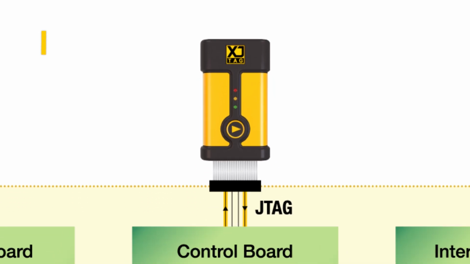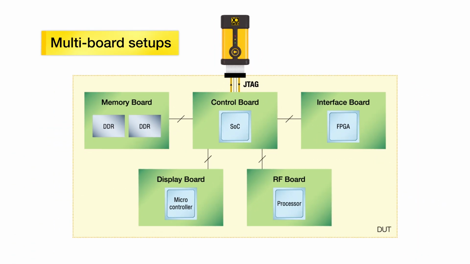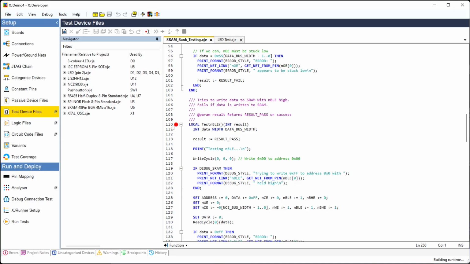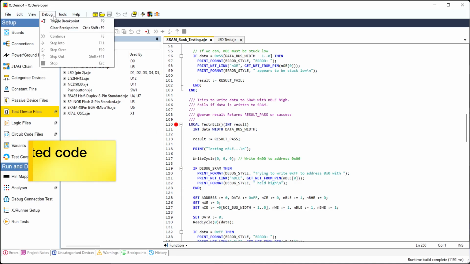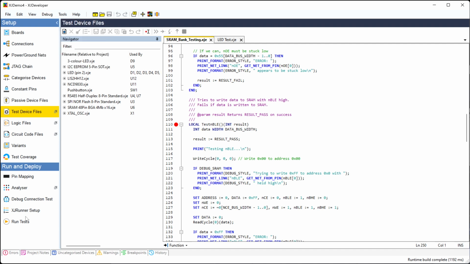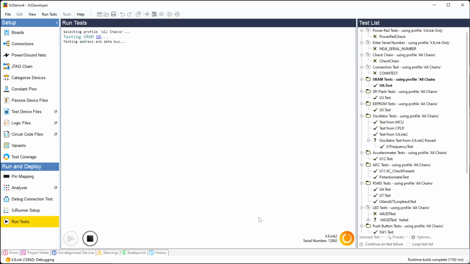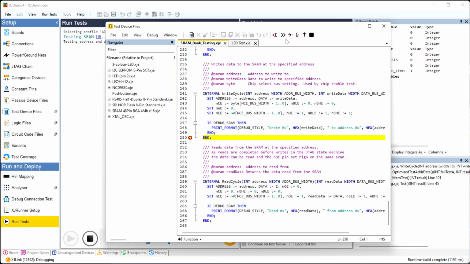But what if you have a product with several boards that you want to test as a single unit? Again, that's no problem because support for multi-board setups comes as standard. And should you ever need to debug code, the integrated XJTAG development system comes with plenty of features to help, such as breakpoints and the ability to step through the test functions.